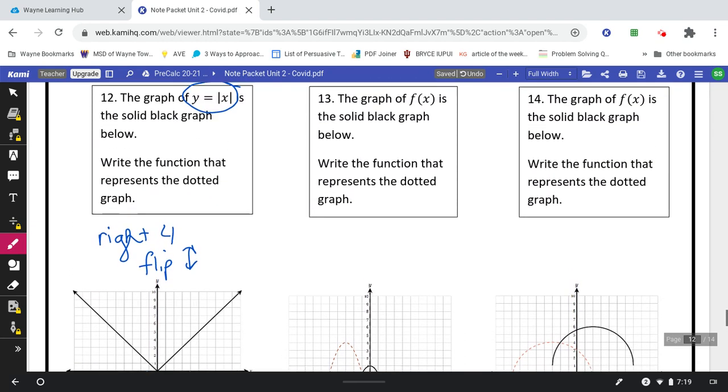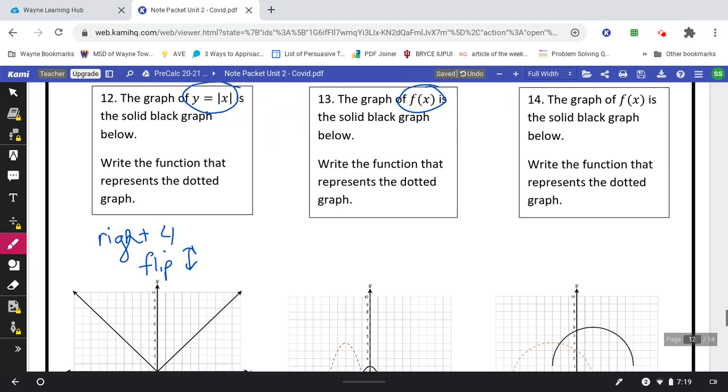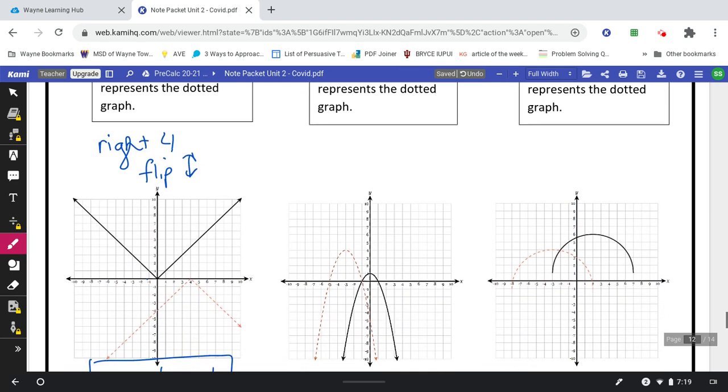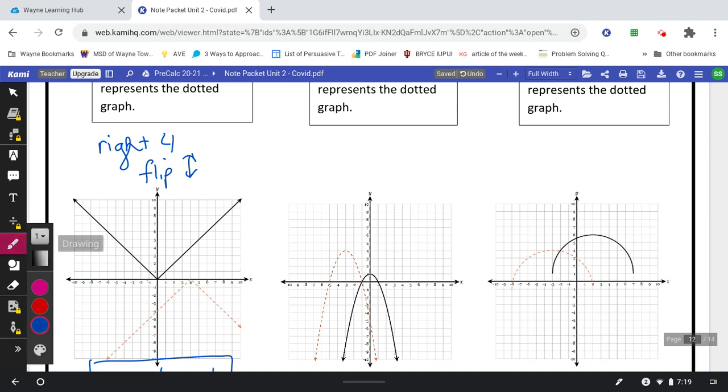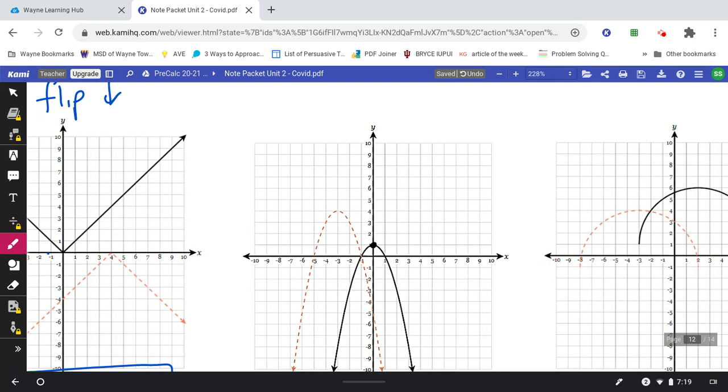All right, let's take a look at the next one. Notice the next one doesn't tell you what the function is. It just says it's f of x. So we just have to figure out how the black graph will get moved to make that red dotted graph. So for me, I think it's easiest to identify a point. I like to kind of use the vertex right here and figure out, okay, how did it get over to there? It looked like it moved up 3